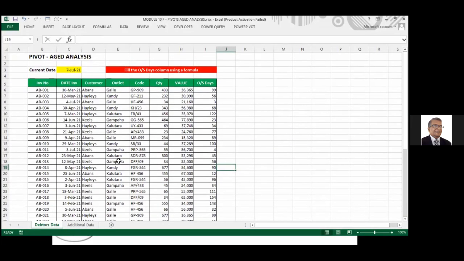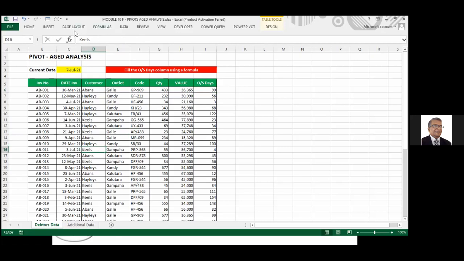Look at this data. You know what age analysis is? For debtors you do age analysis, for stocks you do age analysis, right? You block it into different periods, 30-day blocks or 15-day blocks or 45-day blocks, whatever you want. Now here, this is all simple data. Here I have used a formula saying today minus date invoice. That will give how many days outstanding. That's all. Right?